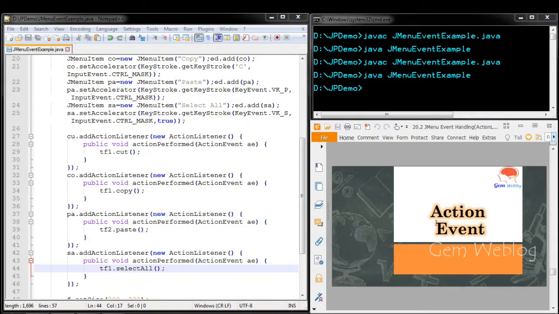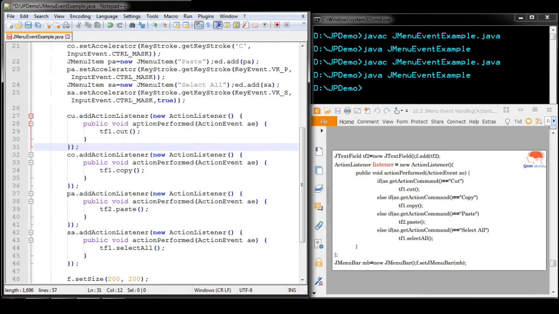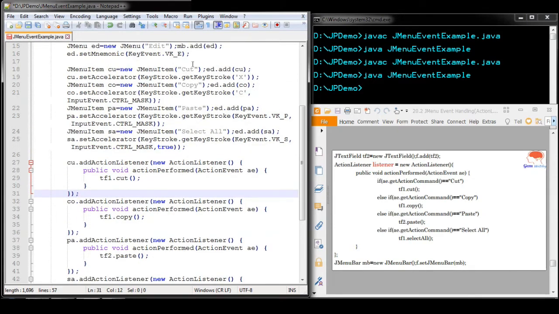Next, the same concept we are going to apply using action event. Here we are overriding action performed method for each and every menu item separately. So instead of writing separately, we are going to write this method in a common place. Depending upon the action command, the corresponding action will be performed.